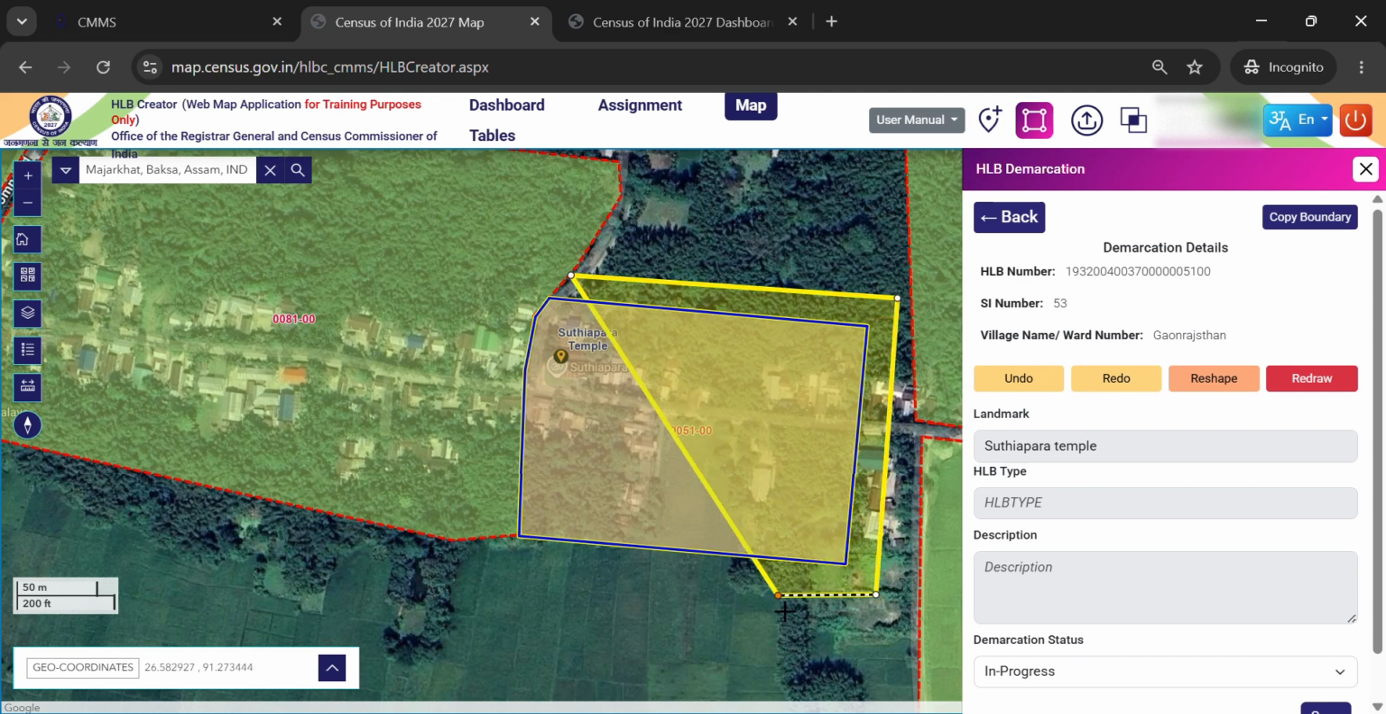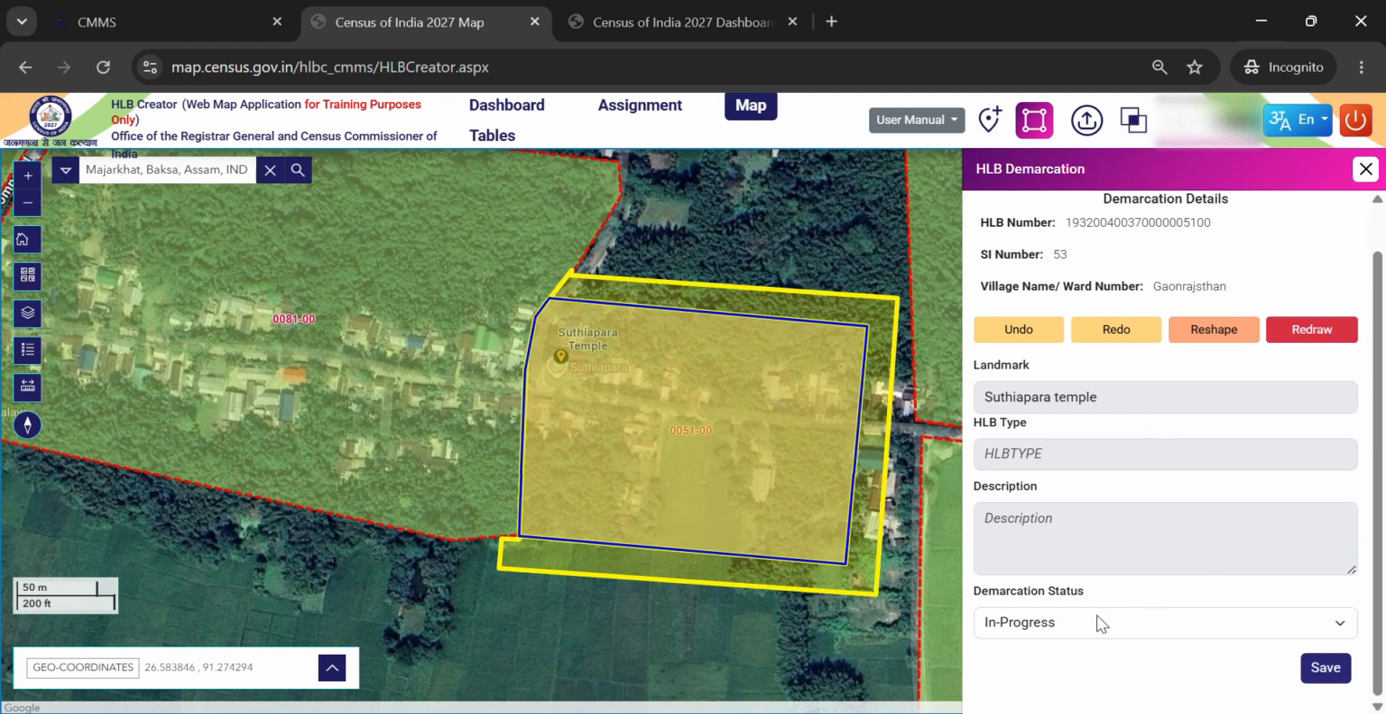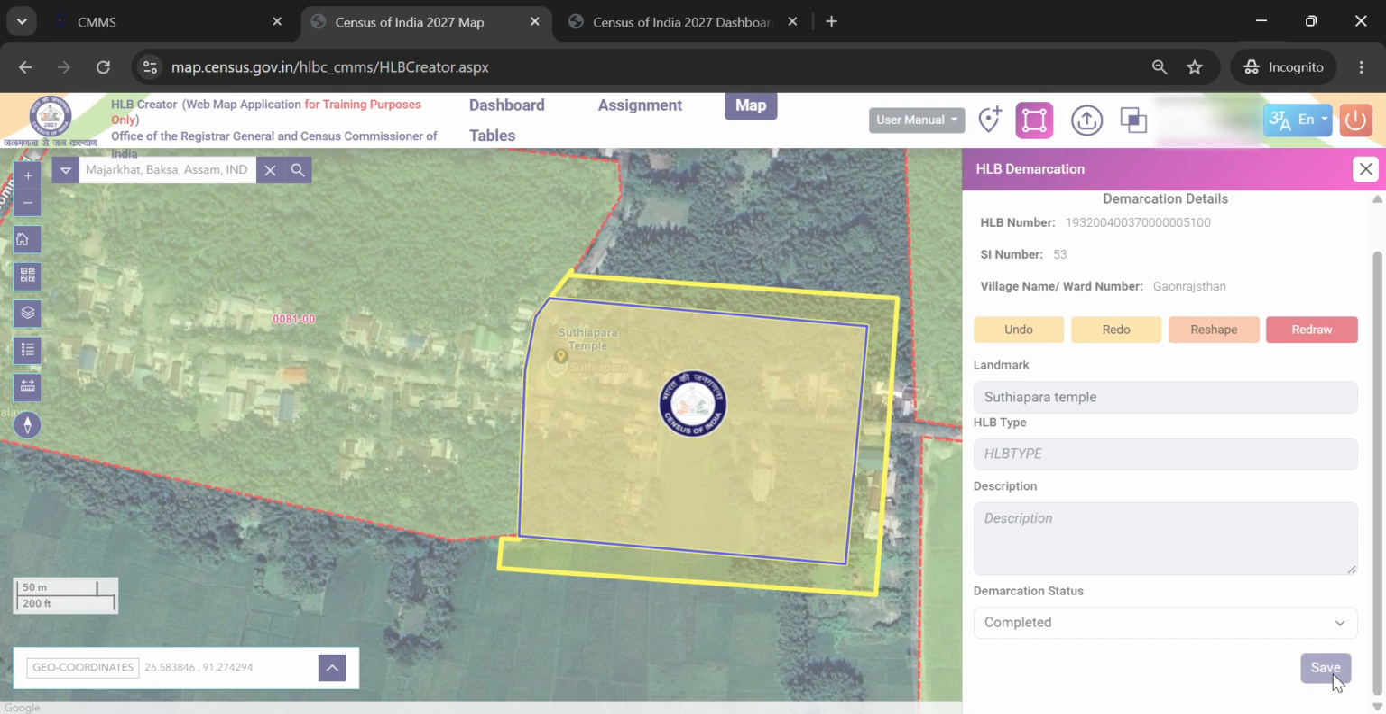Redraw means in one way I am creating a new HLB. All the boundaries will be changed. Everything will be changed, right? See, I am creating a boundary over our old HLB. I will double click it. So this HLB will be created and our old boundary will be removed. So after that, if we complete it and I save it,